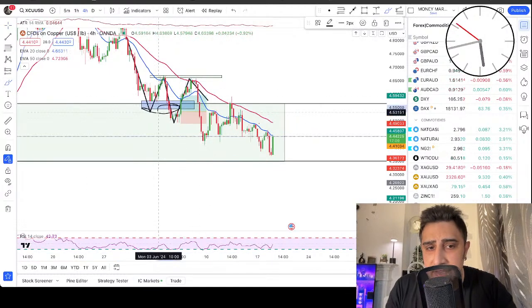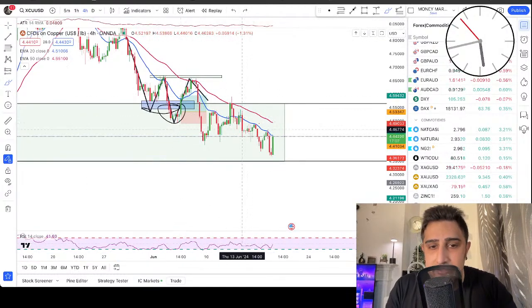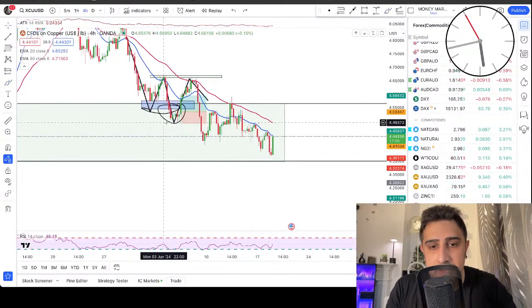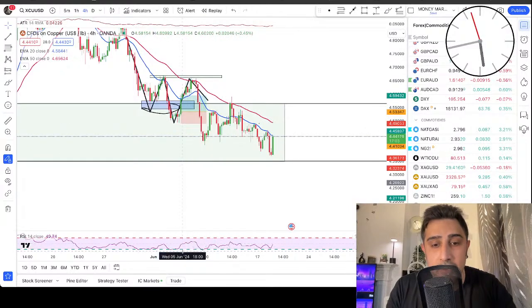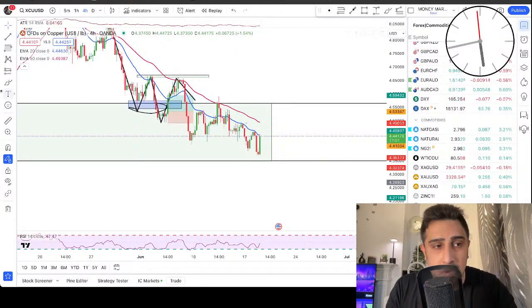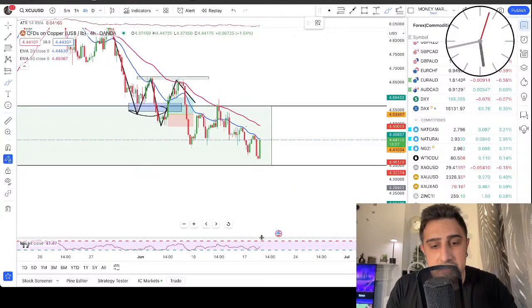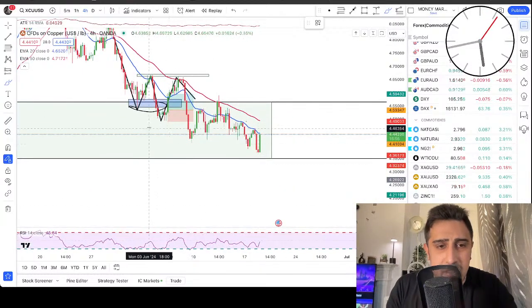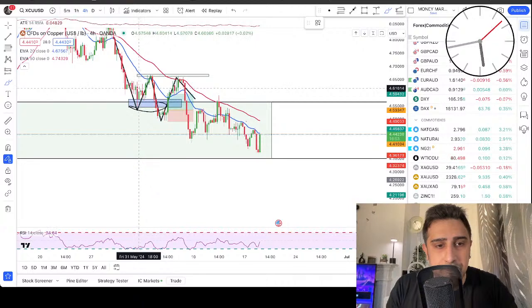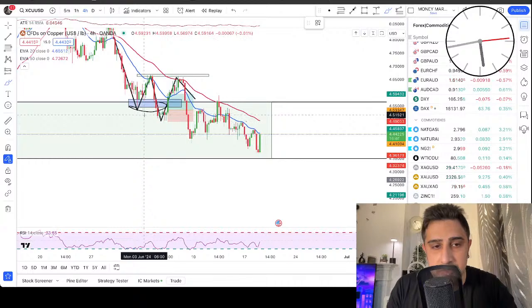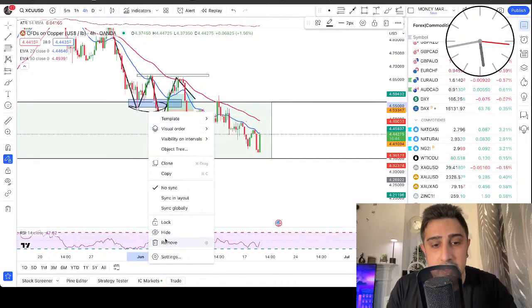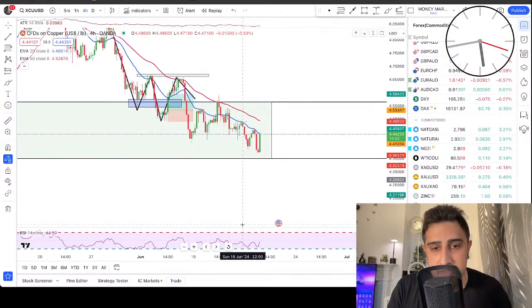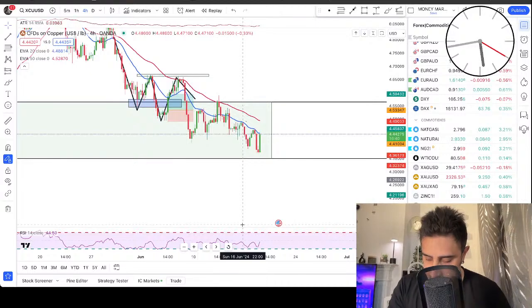I've already entered here, so that's why I'm not taking an entry again, but that would be an absolutely valid entry as well. So if you want to take it, take it with a very low risk, because with a bullish engulfer, I want to see an overbought, oversold situation as well, which we do not get. So it's going to be a weak entry. And here, somewhere here, there was a nice divergence and also an oversold situation, so that makes it a strong entry. If you want to take a low risk here, it's going to be a valid entry as well.